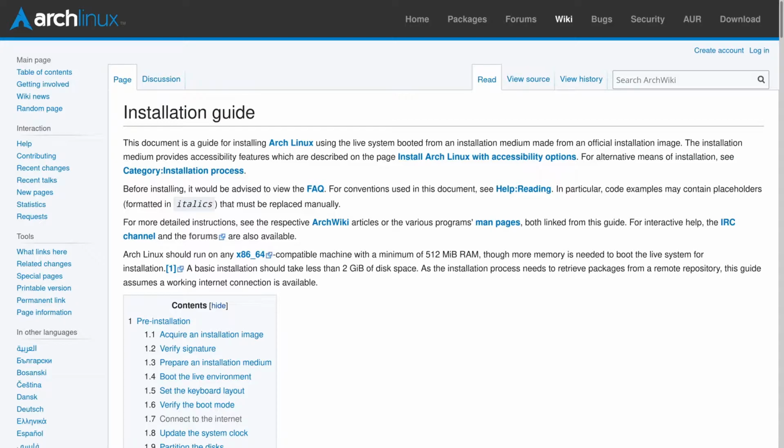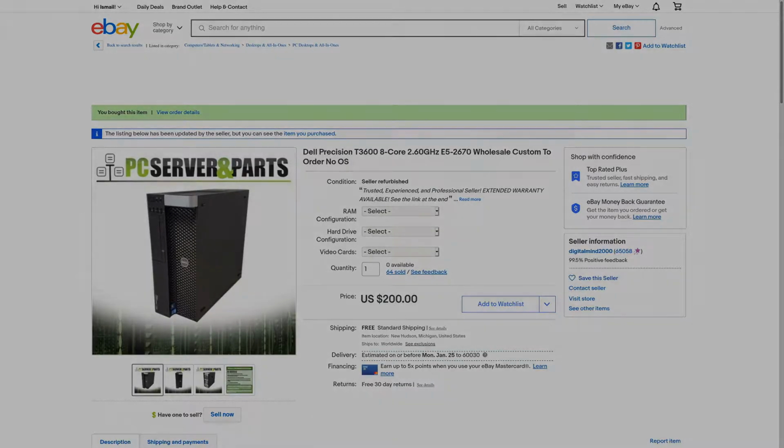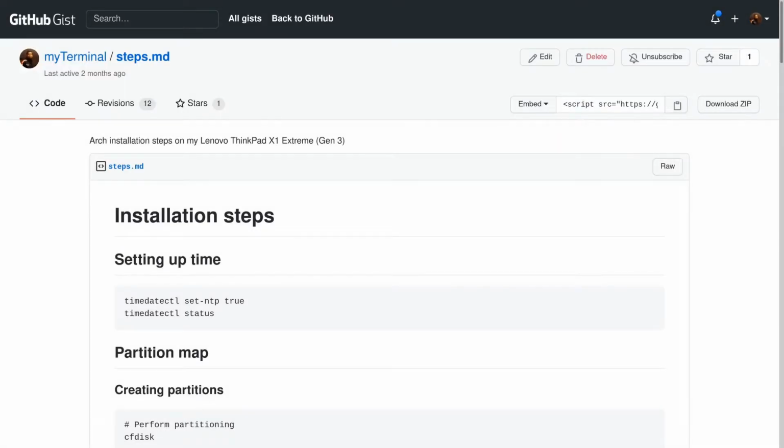After I successfully installed Arch for the first time on my Dell desktop, I created a couple of personal notes as gists on GitHub for my own reference. You can find them here and here, each of them being for a very particular computer. Obviously, both of these links are mentioned in the description. They're mostly based around steps mentioned in the Arch official setup guide, and though you should rather refer to the official material, this thing can serve as an example for a quick reference, just in case.